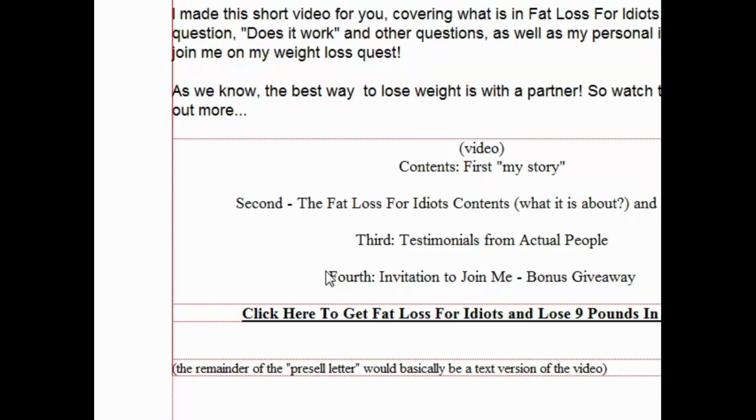We can work on this problem together. And on that blog, basically, it's my journal, and you'll go through with me with videos and other things as I experience this Fat Loss for Idiots stuff. All right, I wouldn't say stuff, but I'm experiencing Fat Loss for Idiots. And so what I would do is with the blog,